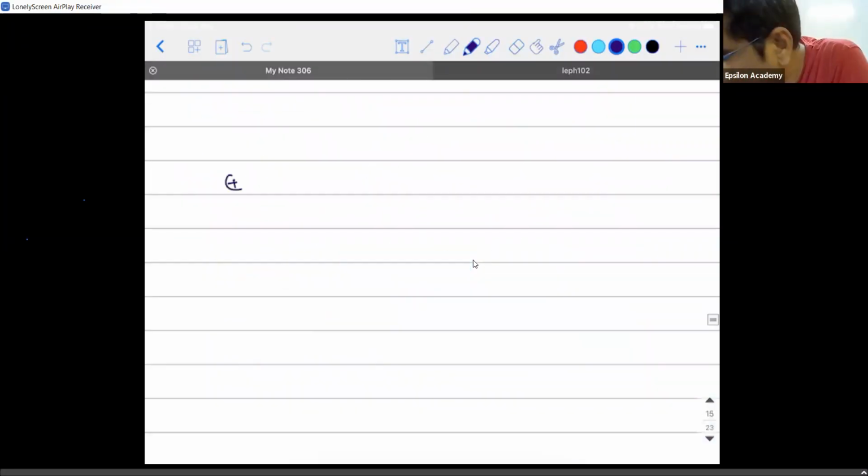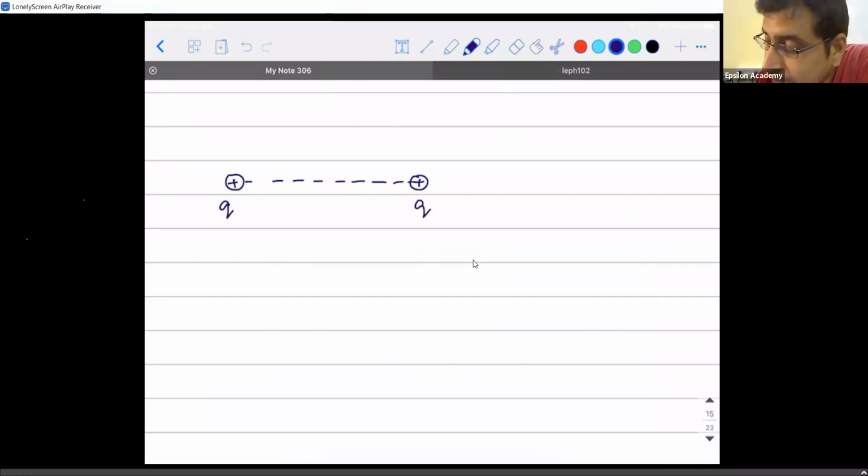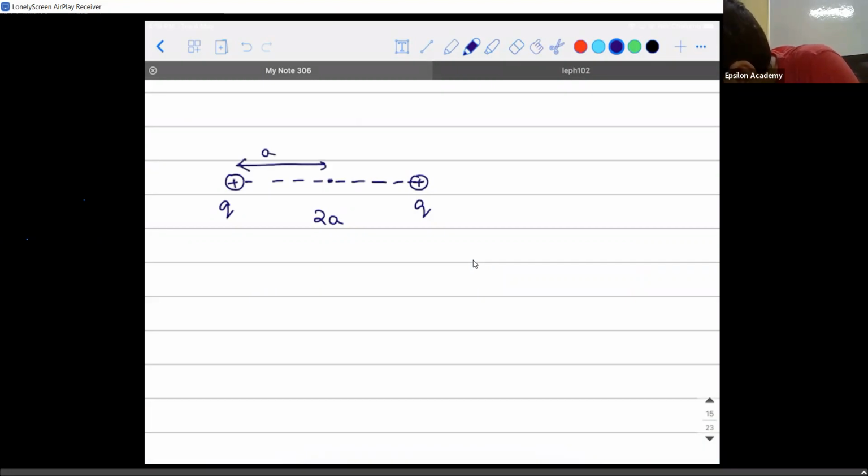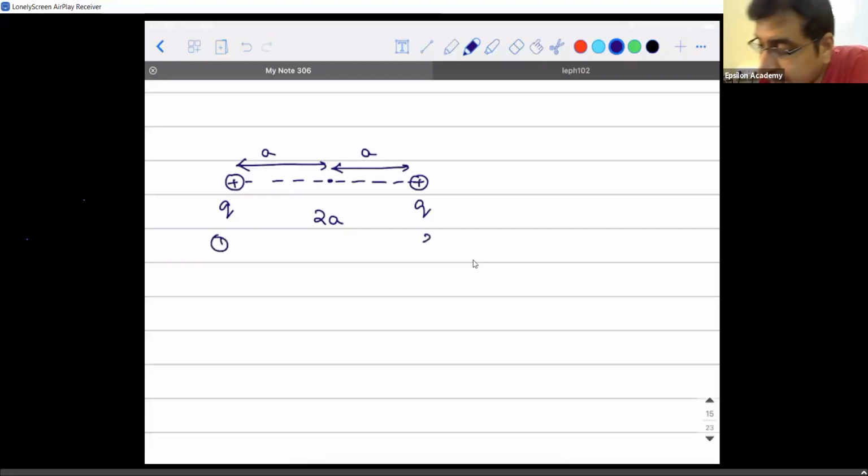It's very simple. Positive charge, okay. I will take a mathematical value. Let me call this Q and this also Q. Let me say the distance of separation between them is 2a. Just because I wrote 2a, it is not a dipole. So exactly at the center, this distance is a and this distance is a. If I take this as the first charge and this as the second charge, what is the potential due to the first charge at the center? It is Q divided by 4 pi epsilon naught a.